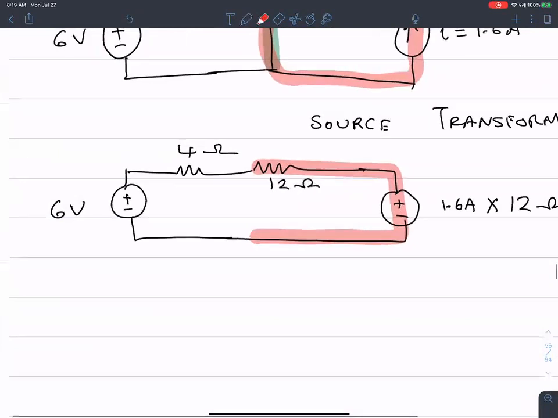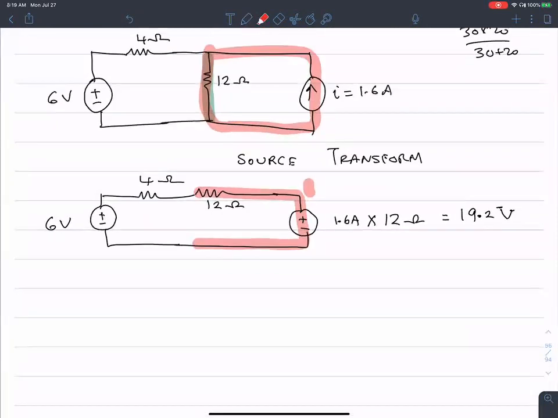Okay, now it's easy to find the current. There's one voltage of 19.2 over here. Okay, there's a voltage of 6 volts over here. So what is the current flowing in this direction? I'm going to call it I. The current I is equal to